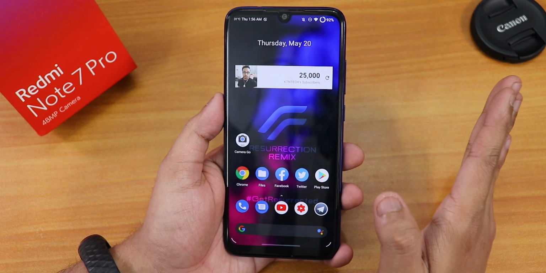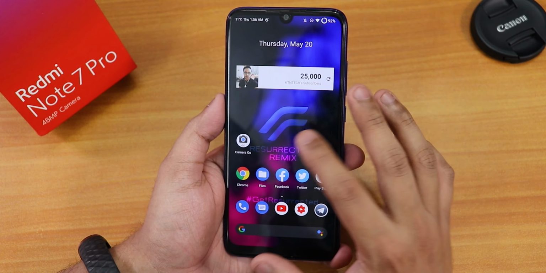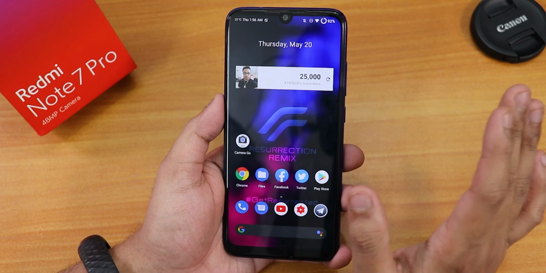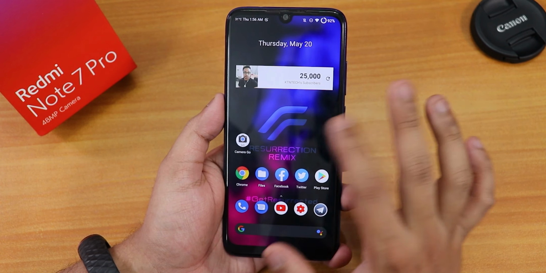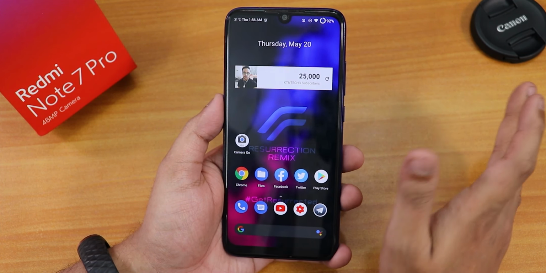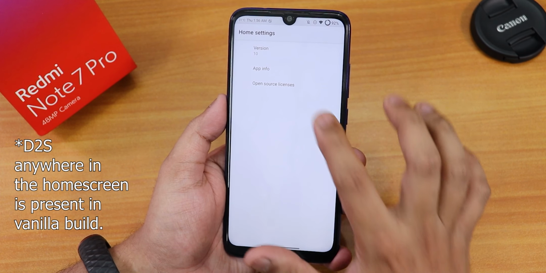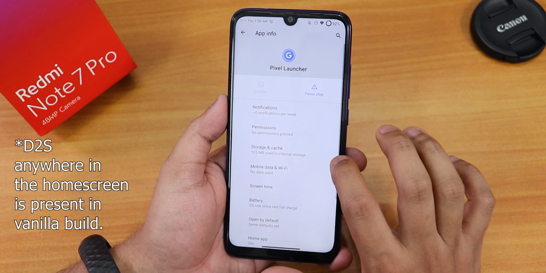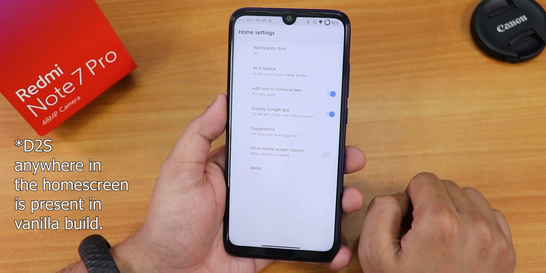Now this is how the home screen looks like. And I would say yes, it obviously looks awesome. And to the left, we still have the Google's Discover page and stuff. But here I have one issue, that there is no double tap to sleep in the home screen, at least by default over here. Like, let me go into the settings. This is simply the pixel launcher that is present as of now. And here in this pixel launcher, there is no option for the double tap to sleep anywhere in the home